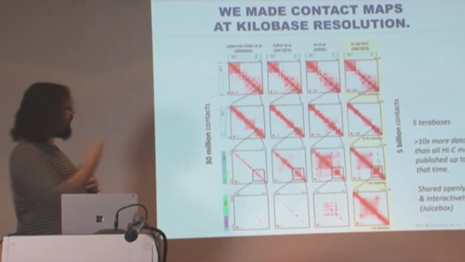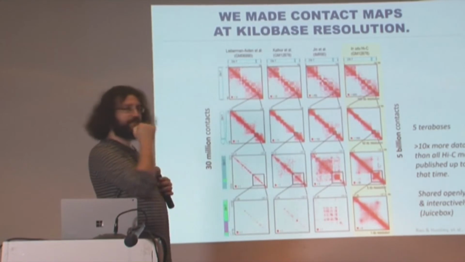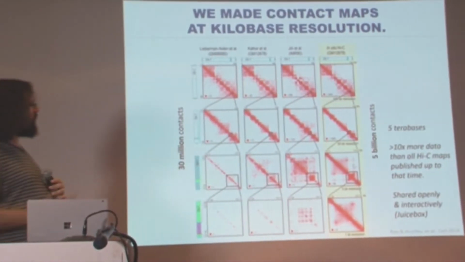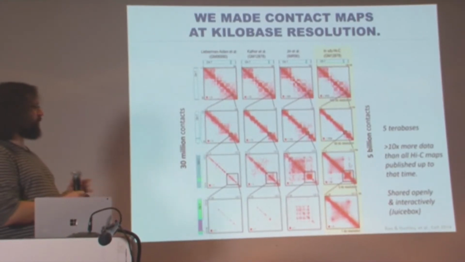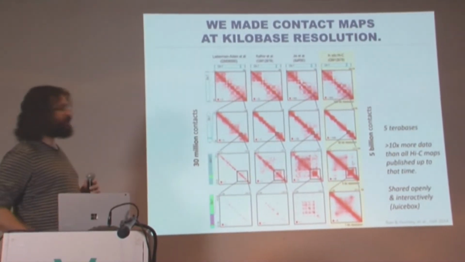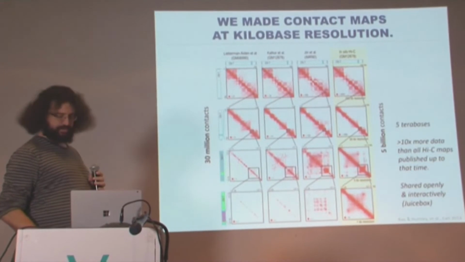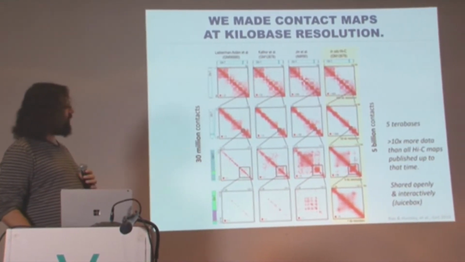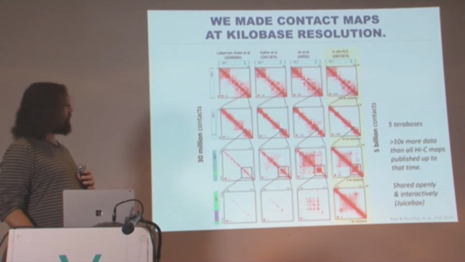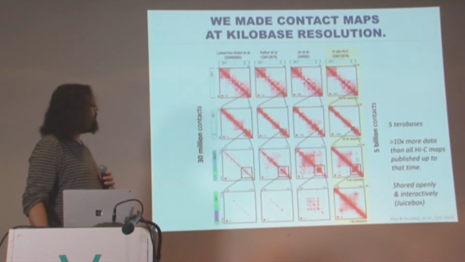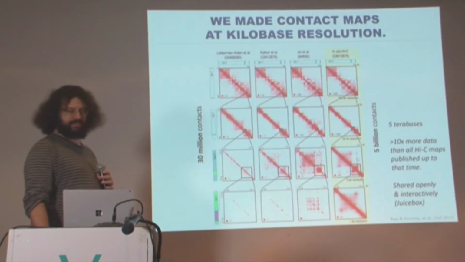the loops. And I do want to highlight that we've really tried to be as open as possible with our data. So when we first published this, this was actually more than an order of magnitude more data than all Hi-C maps that were published up to that time, and we shared it openly and interactively using these interactive visualization tools. This was about half as much data as phase 2 of ENCODE, their large data release. So it's a massive amount of data just to create these kinds of Hi-C maps in about